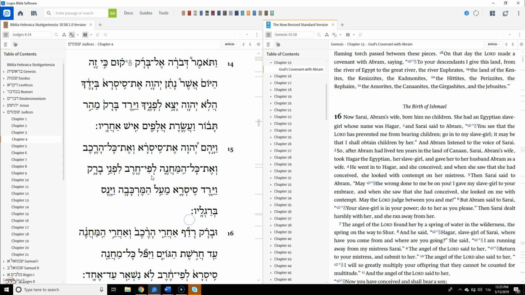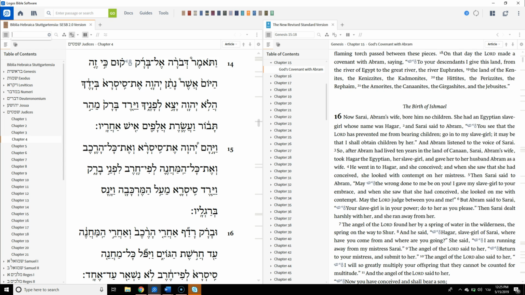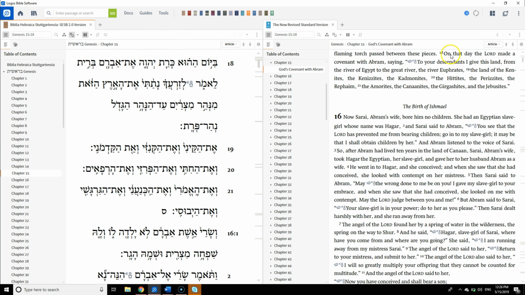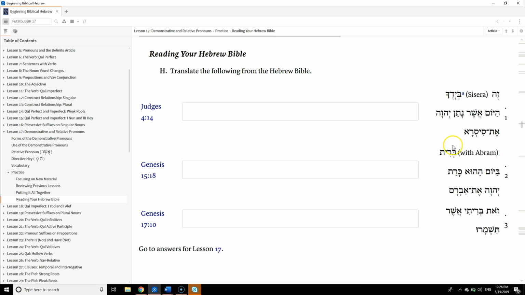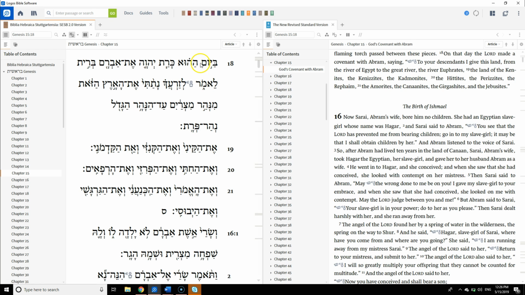Again, let's look at the actual Hebrew since we've got some English in there. Genesis 15:18. All right. Berit, Bayom. Okay, so 18. Bayom, so we've got on or in or at the day. Hahu, so on that day, both of these are definite, so it's attributive. On that day, Adonai cut, Karat, Adonai cut or made